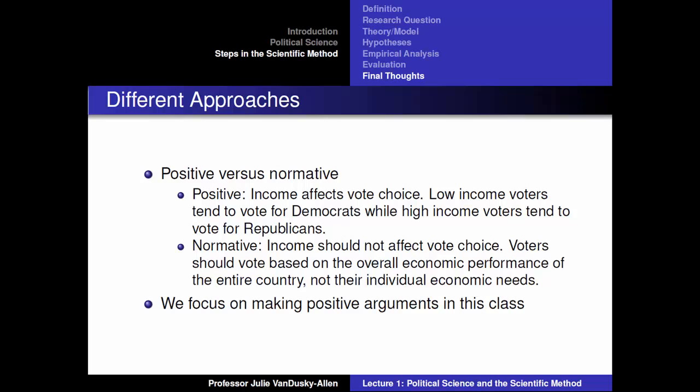A normative argument could be, income should not affect vote choice. Voters should vote based on the overall economic performance of the entire country, not their individual economic needs. These statements describe how the world should